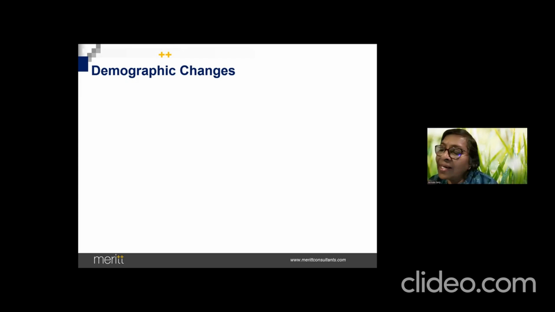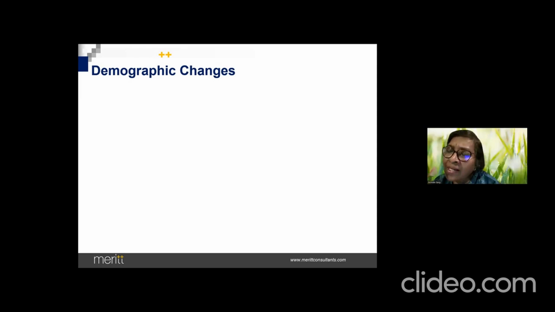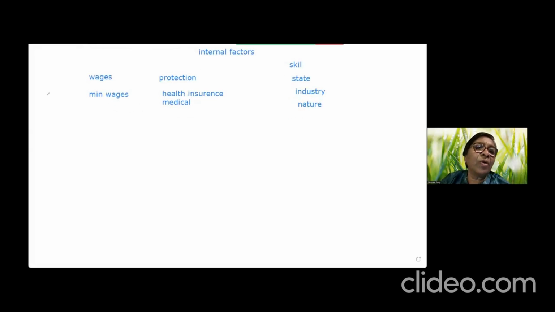We will look at that when we do technology. Because of technology, you are able to work from home and remote locations, and therefore you have that advantage. But when you're looking at demographic changes, people now have what I typically call a blended style. Earlier, when your parents were working, people used to work for one organization. They would work for 20 years, 25 years, 30 years, and they would retire. But now what's happening?